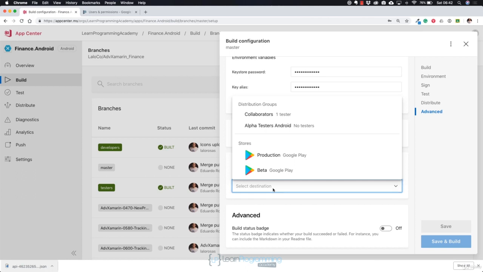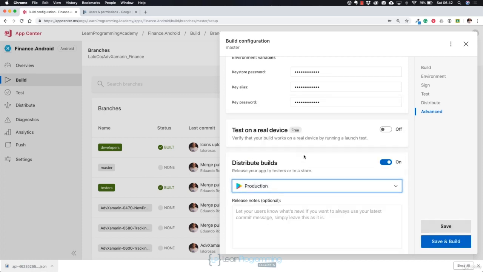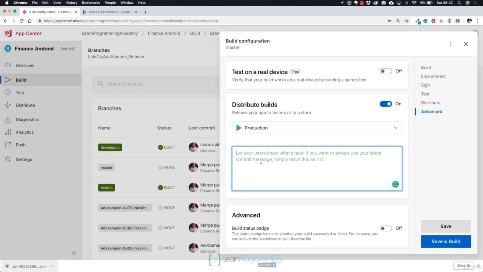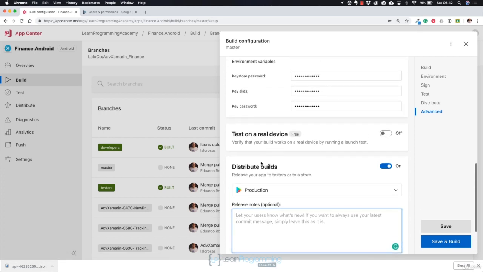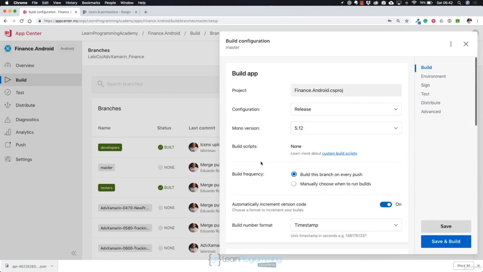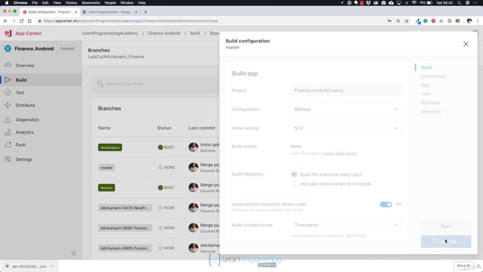And now if I click on select destination, I see stores listed. I see beta and production channels. This one is going to go to production. Notice that optionally I can add the release notes. I'm not going to be doing that yet,